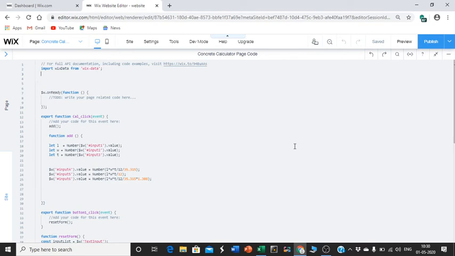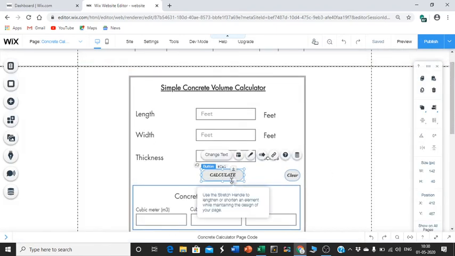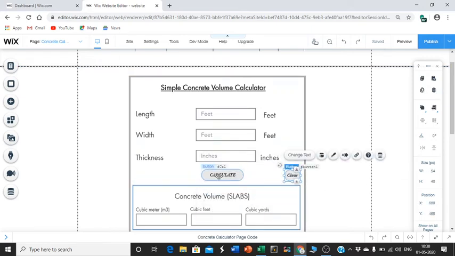I'll paste it in the video section only, so if required you can cut and paste it. So this is done, right? This is how you can cut and paste the coding. Here for coding, I'll also explain this word, it is very, very important for you. For these two buttons you're writing the code because it's on click event. If any viewer clicks on this button, then only they'll get the results. It's a click event, that's why it is called a click event.